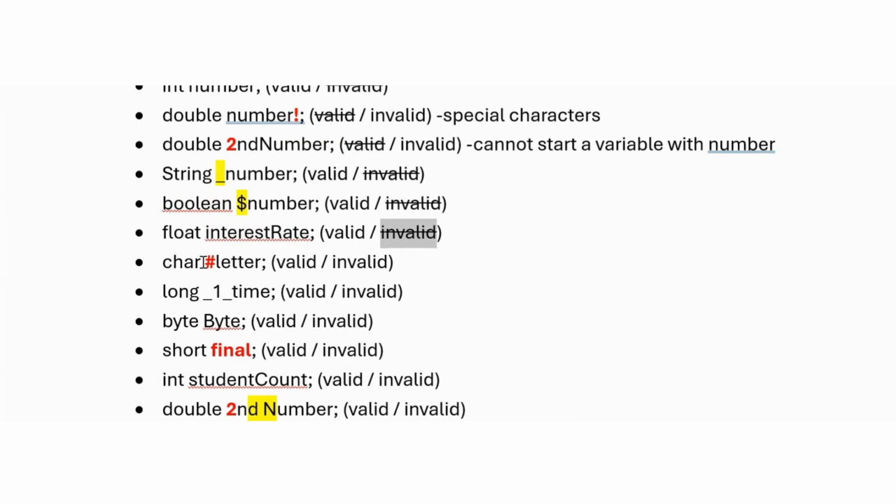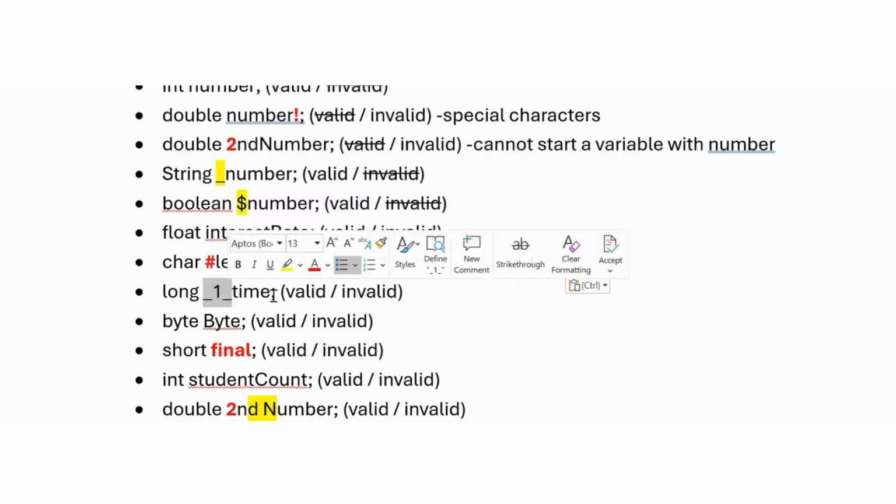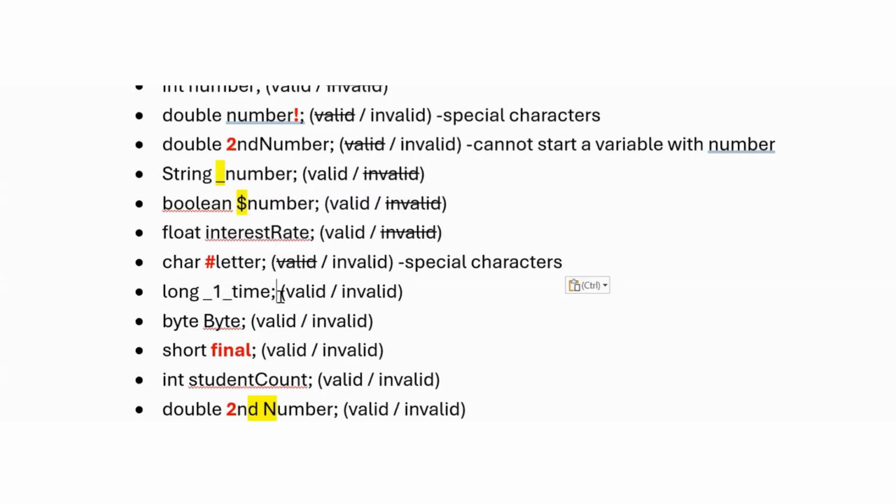We have char hashtag letter. This is actually invalid. Why? Because we have, again, a special character. And we have then long underscore one underscore time. This looks a little bit weird, but again, this is a valid variable. You can actually start a variable with an underscore, and you can even put that in between, two words or one